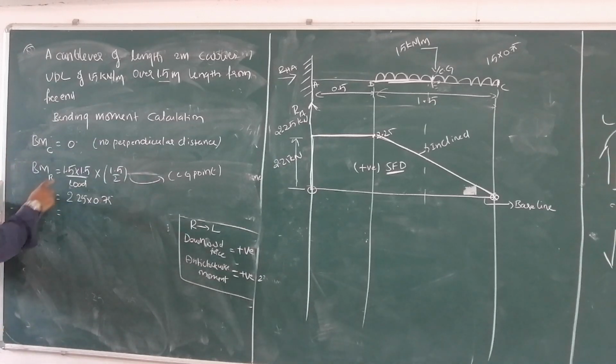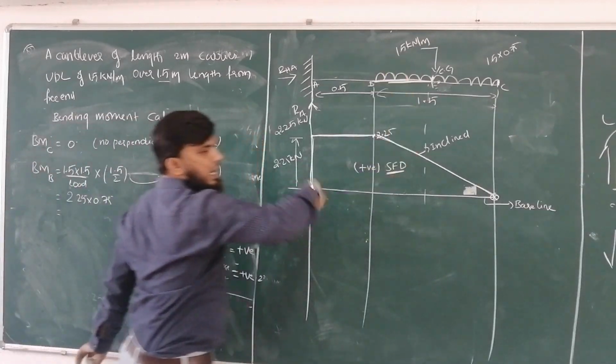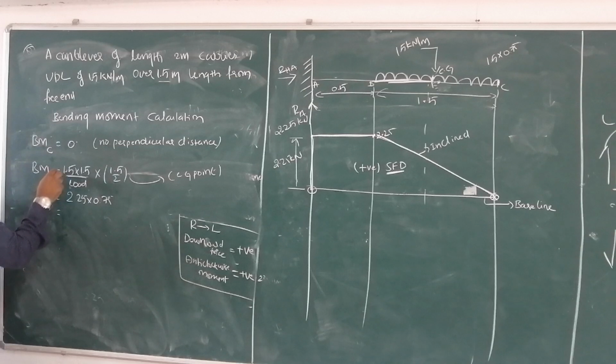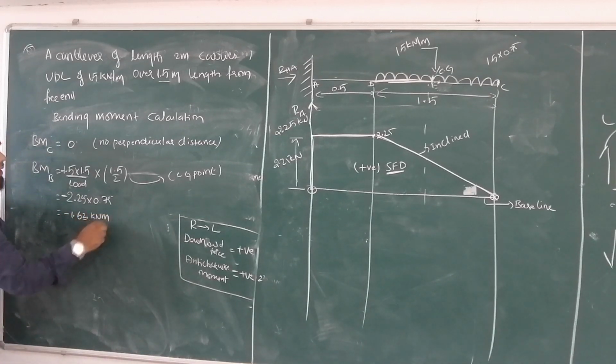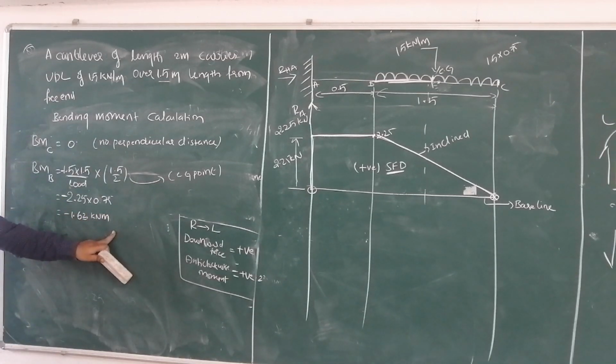Another thing you have to remember is the sign convention. Sorry, I missed the sign convention. Obviously, the load is acting downward, so it is clockwise, which is minus. Done. So it is minus 1.69, that is in kilonewton meter. Since this is a moment, it should be load into distance, in meters.